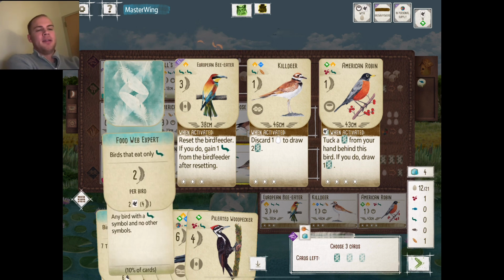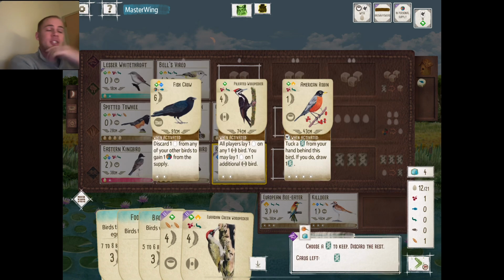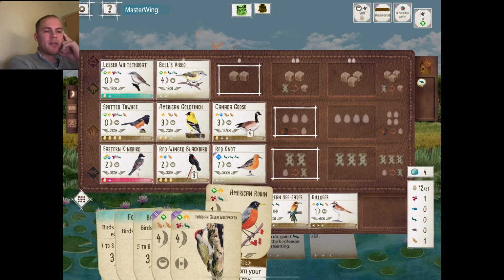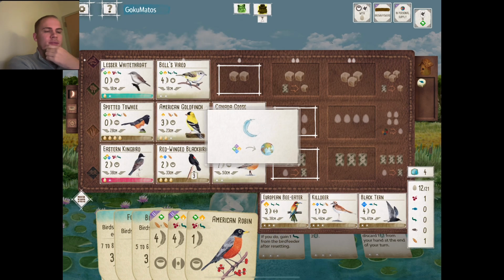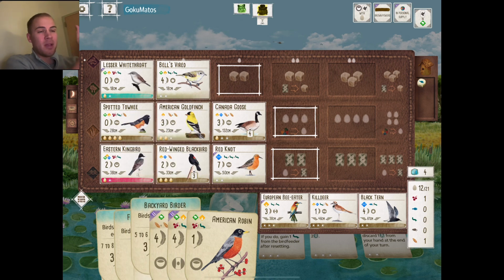This is sad. When you max out Backyard Birder, there's usually something wrong. That just means you have a bunch of low point birds. Pileated Woodpecker's nothing. The Crow I can't get down. This is just a grade A example of playing Toei, being a little risky, and not drawing anything to complement it. I think the Robin, we max out Backyard Birder, so that turns into a 4-point play, minus the egg